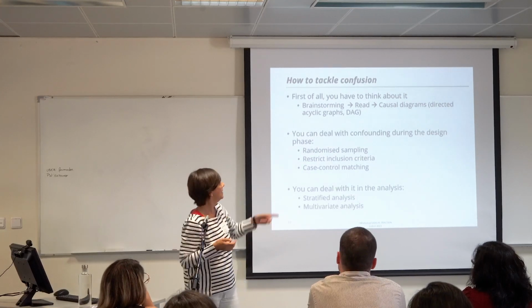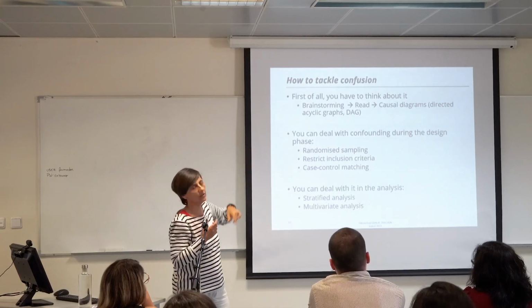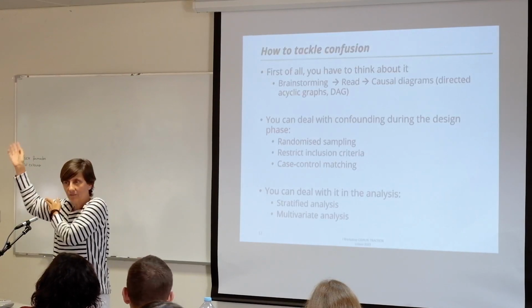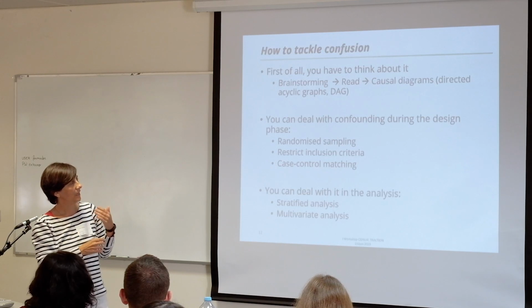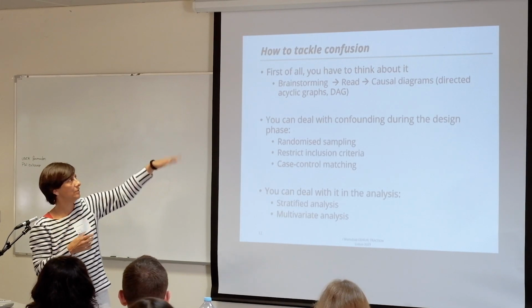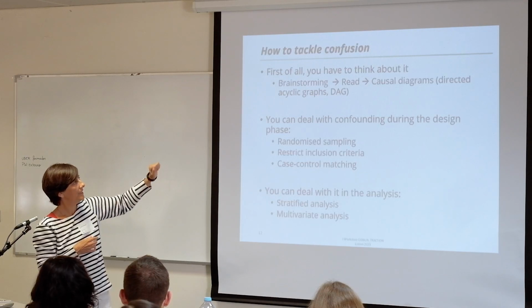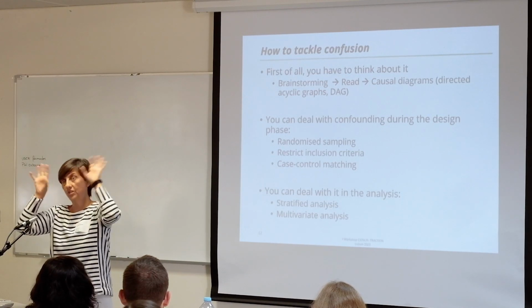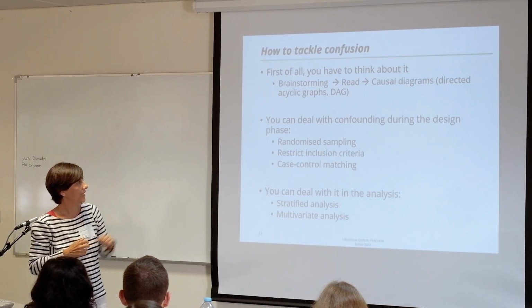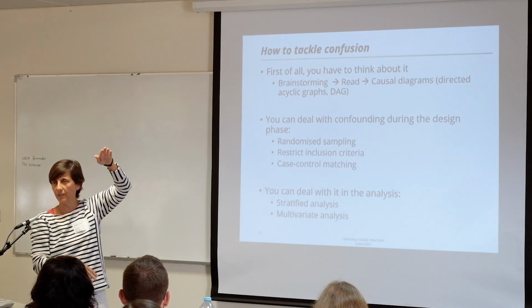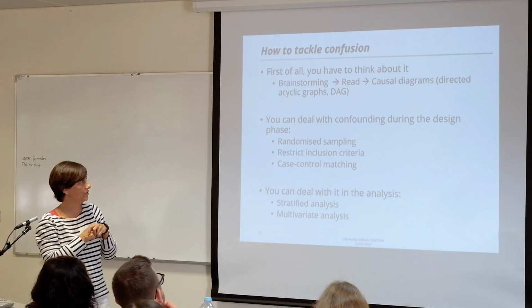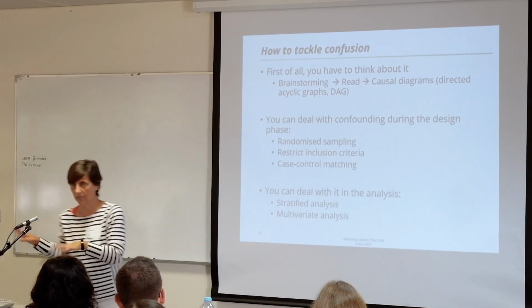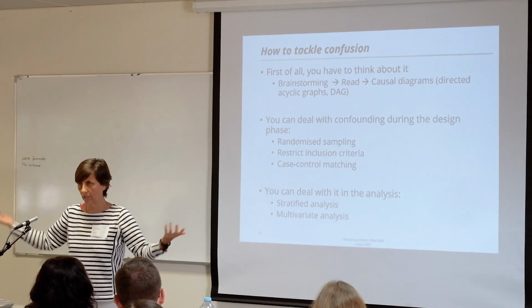So under the design step, you do some brainstorming. Usually we don't think about the confounding because we randomize, right? But if you think ahead, and if you want to learn more about this, you can do the acyclic graphs, which is basically variables, trying to find the causation or not. Then, once you have the full list of things that could get in the middle between those associations, you can, of course, randomize. If you randomize, then you get rid of all the confounding.